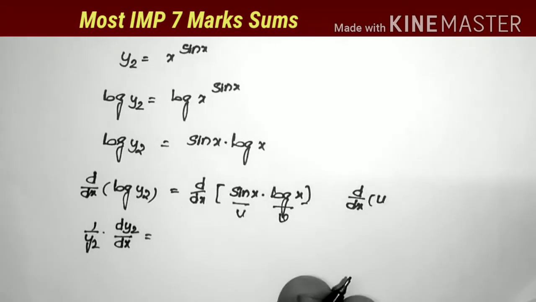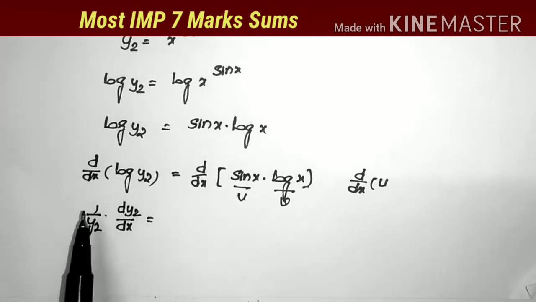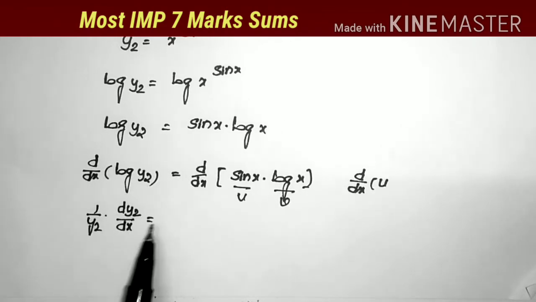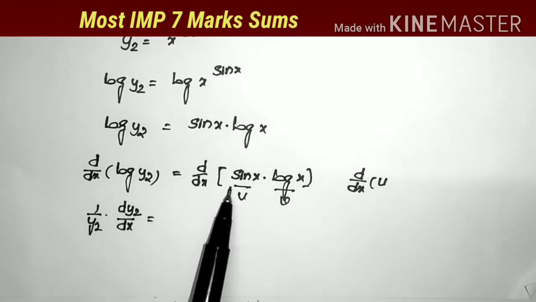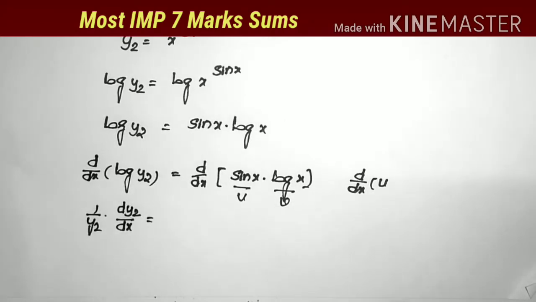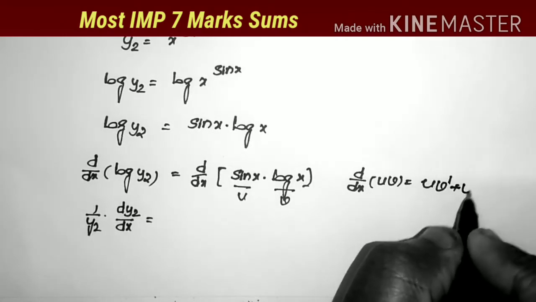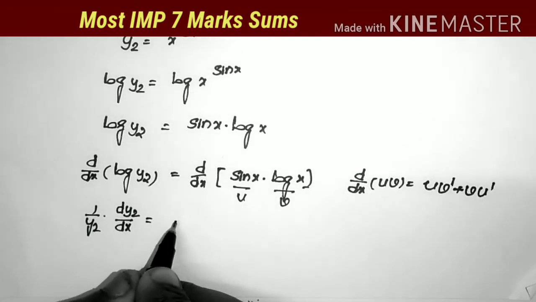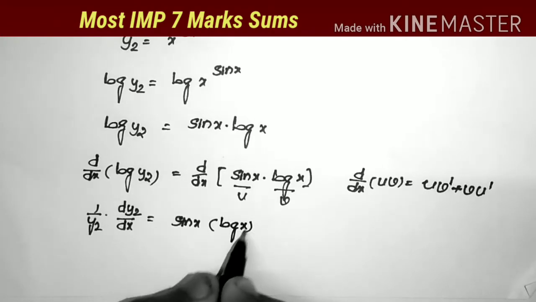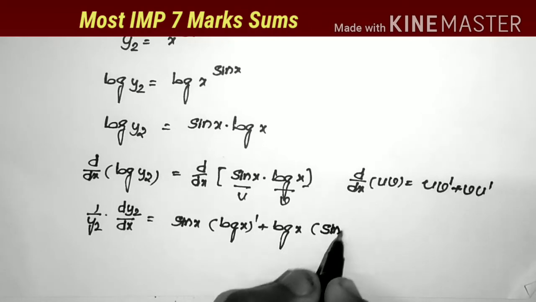Now what is d by dx of log y2 value? Log x, 1 by x, log y2, 1 by y2. So dy2 by dx is equal to uv. Both are x functions, u into v. What is the formula? d by dx of uv is equal to u into v dash plus v into u dash. Now applying that formula here, u into v dash, sin x into log x whole dash, plus v into u dash, log x into sin x whole dash,